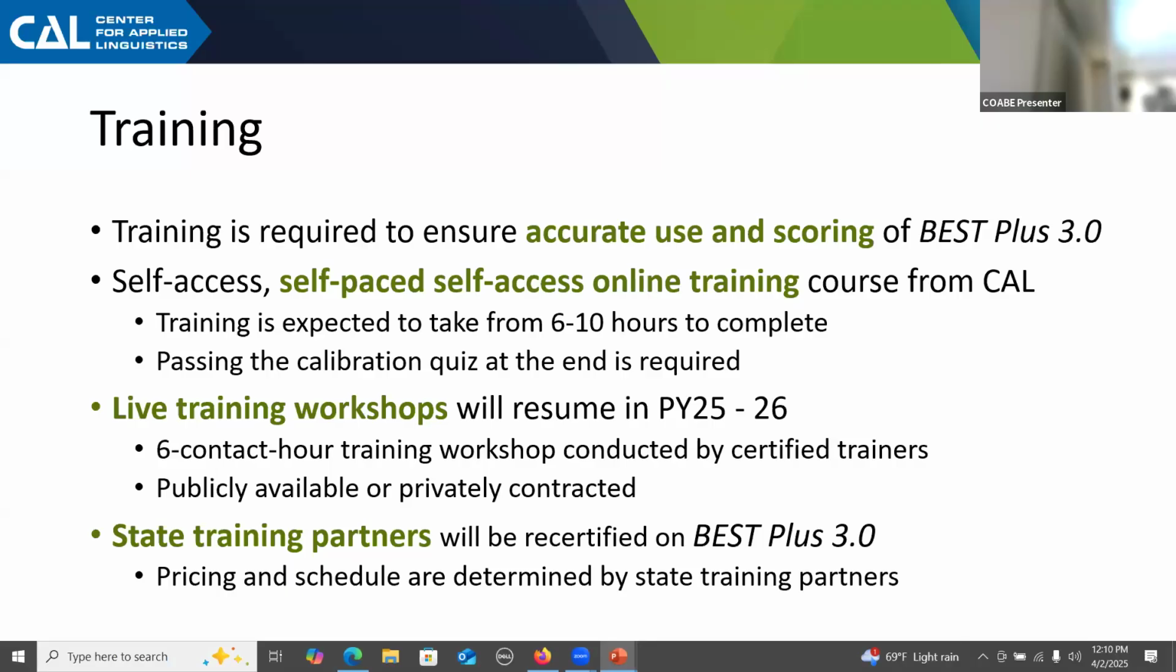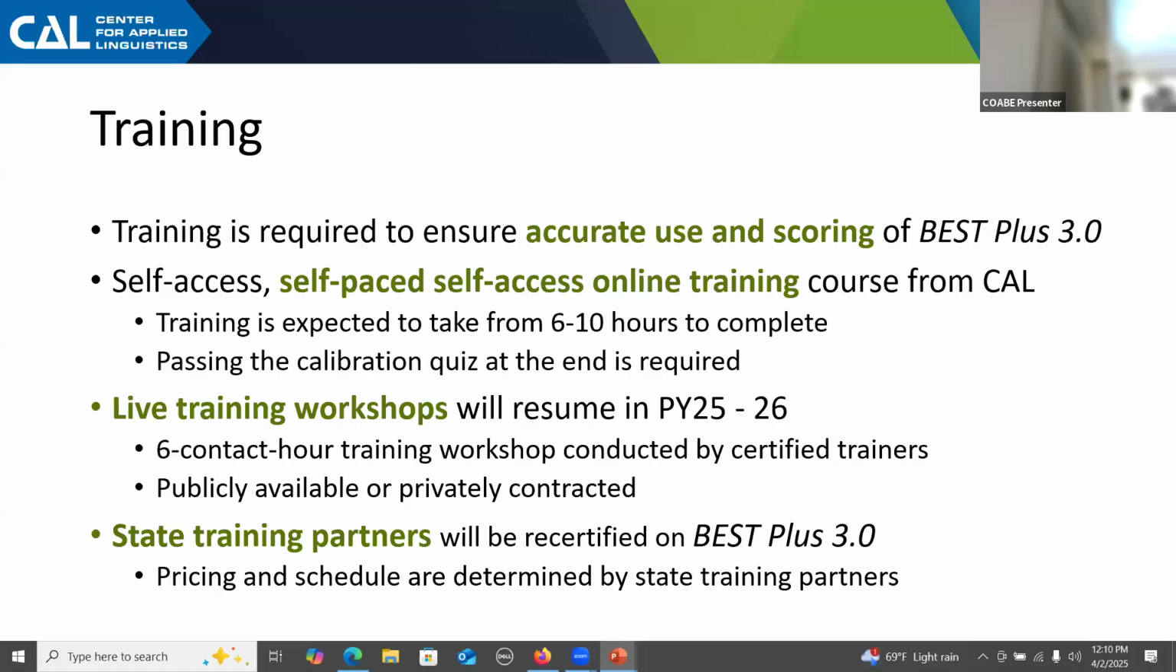The course is available free of charge until the end of April. Then it will remain available, but for a fee of $125. We're also going to reintroduce the workshops. So some of you who are experienced Best Plus 2.0 users may be familiar with those. Virtual workshops organized by CAL as another option to obtain the test administrator badge for folks who prefer that